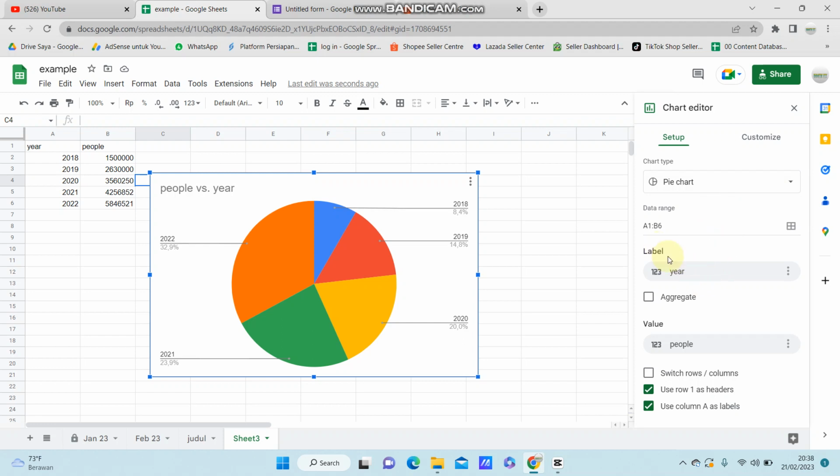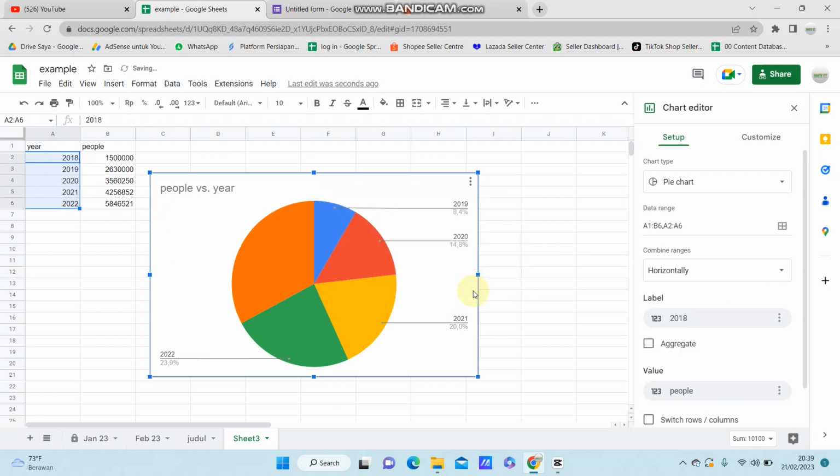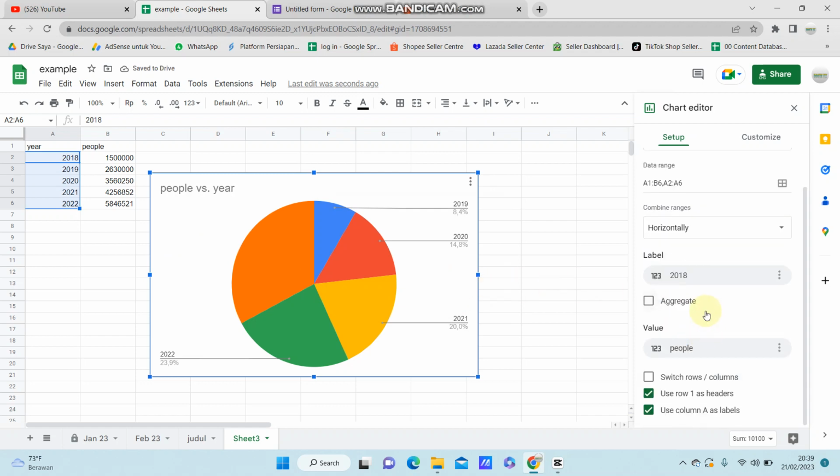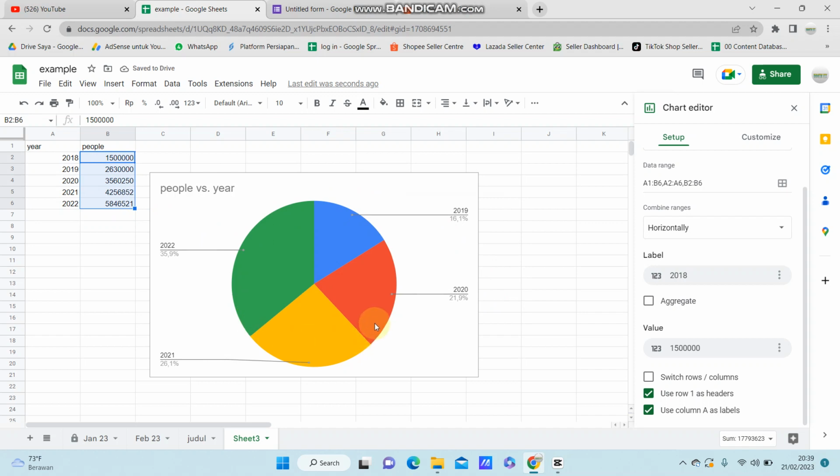Alright, select label, select the data range. So for label you can select here, click OK, and select value, select data range, and select the data and click OK. Alright, so the chart has been